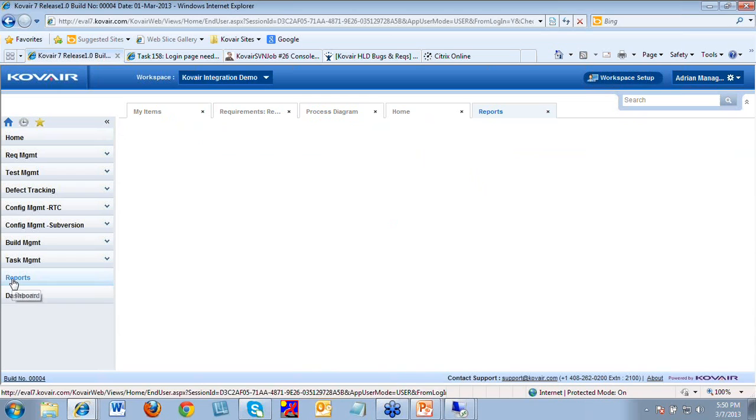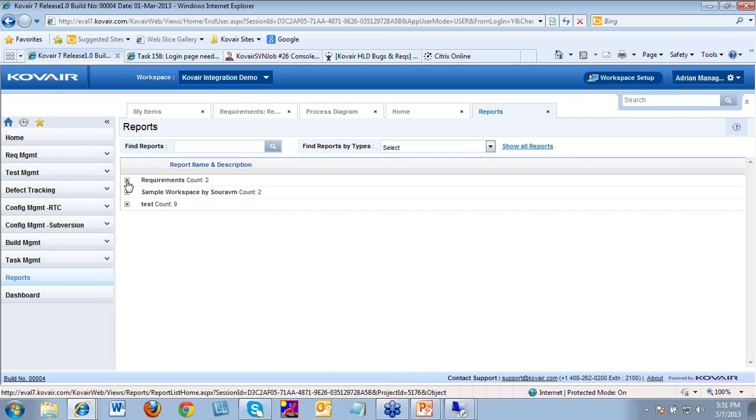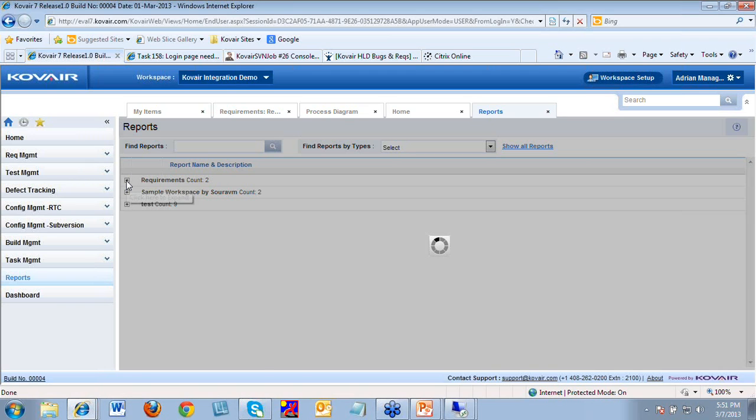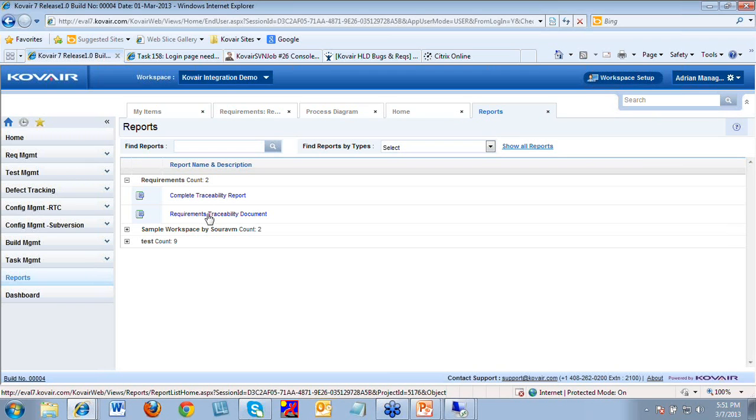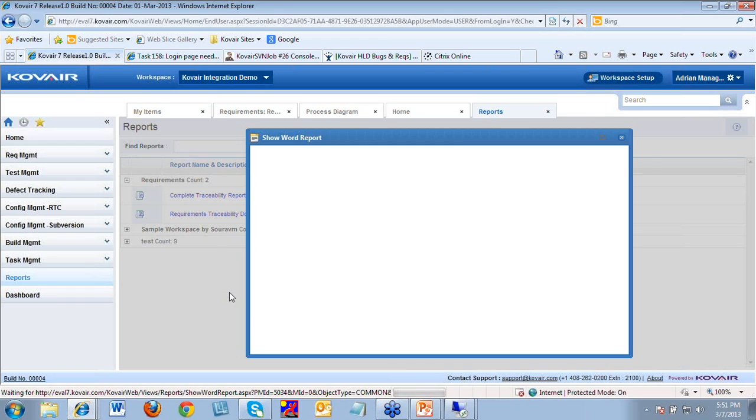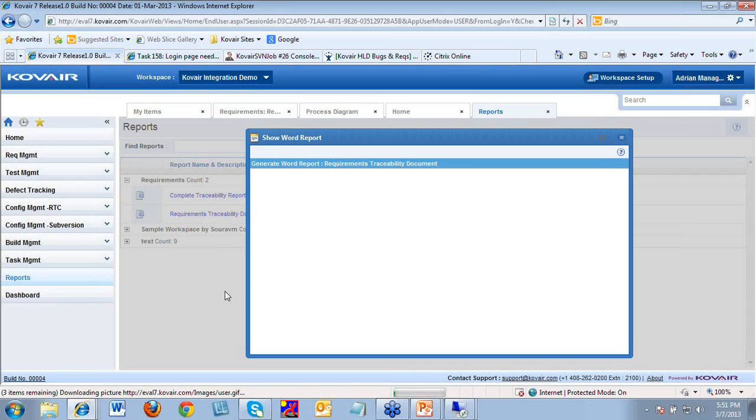At the same time, if you wish to publish it in the form of a Word document, that also is possible using the Kovair Word report functionality, and such a complete Word formatted document is possible to generate from Kovair on the fly, with all the artifacts that have been linked and all the traceability relationships that are associating each of these artifacts to one another. So currently it's generating the document,